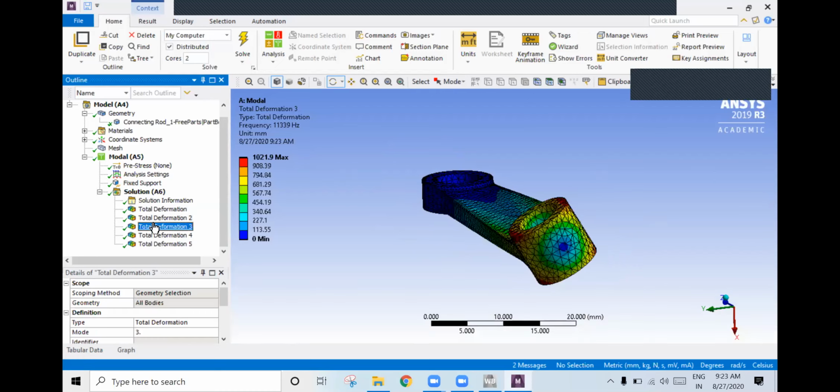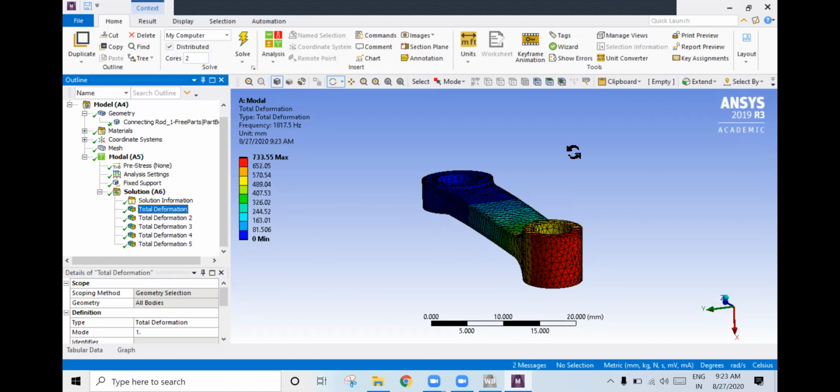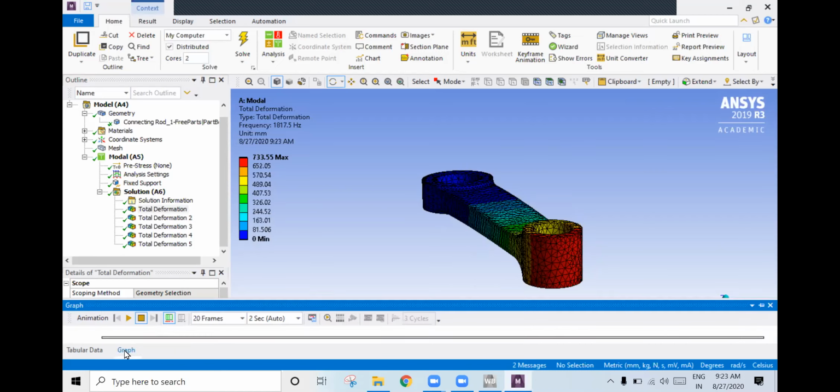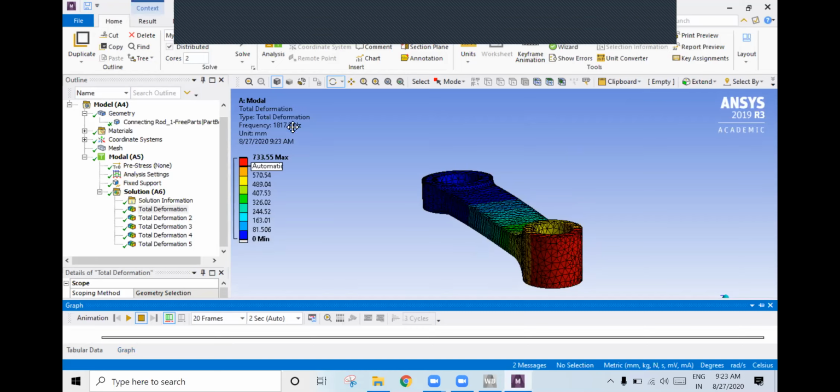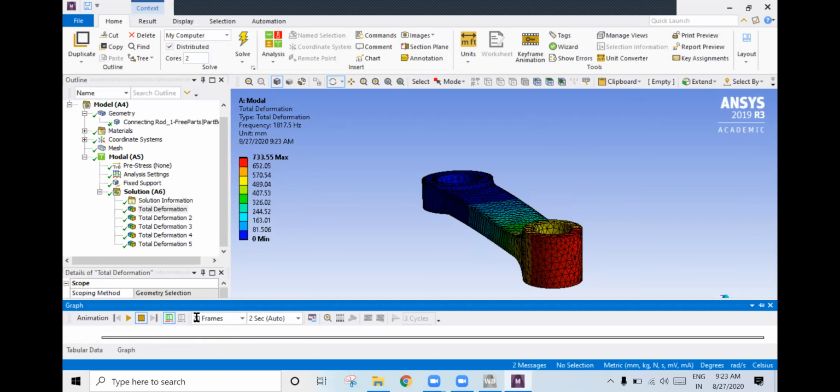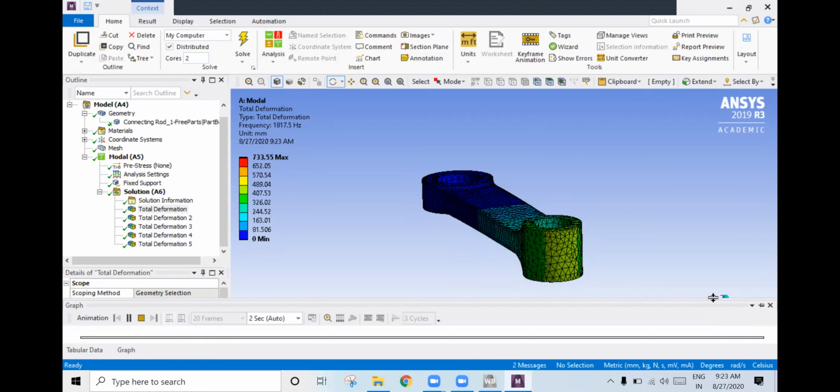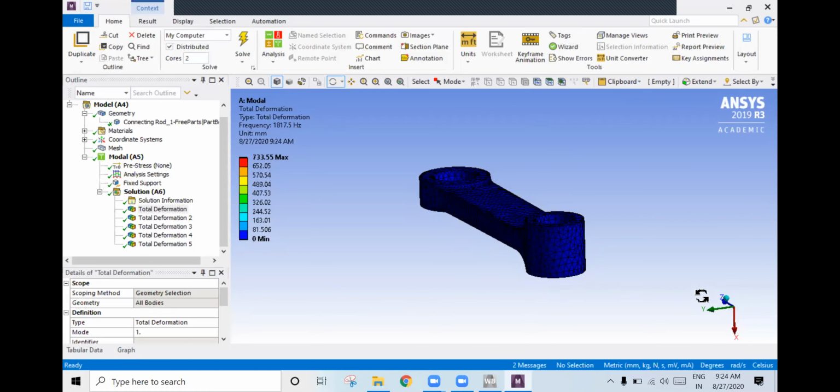So if you go to 3, see, it is a twisting moment. We'll call it, see, this is translation along the x-axis. You have to mention in the report that the natural frequency of mode 1 is 1817 hertz and the mode shape is translation along the x-axis.